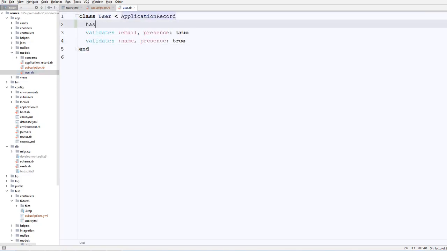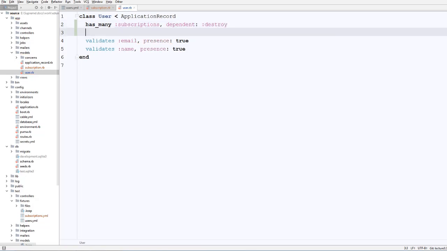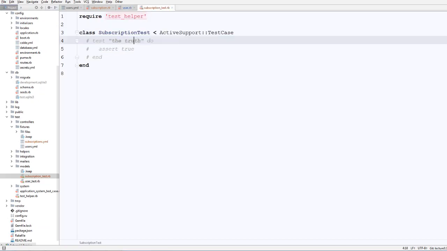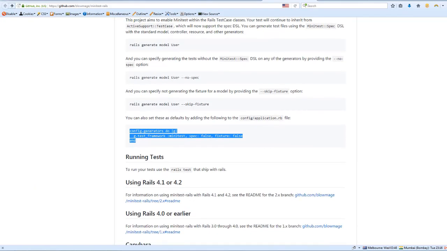Let's also say that a user has many subscriptions, dependent destroy, something like that. And now let's also check the test that was generated for us, and you see this test utilizes ActiveSupport::TestCase, but I'd actually like to utilize specs, not these test cases. So to do that we can check the docs for the minitest-rails gem, and as you see we can utilize this config option, place it inside our application.rb file,